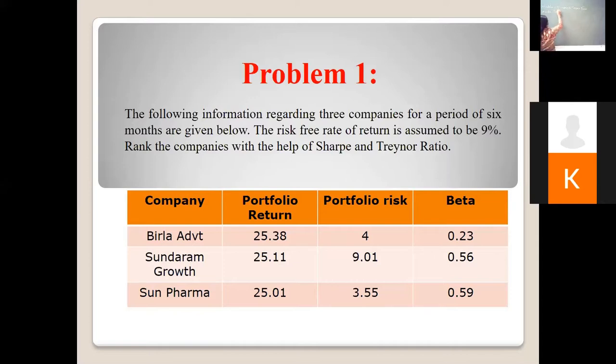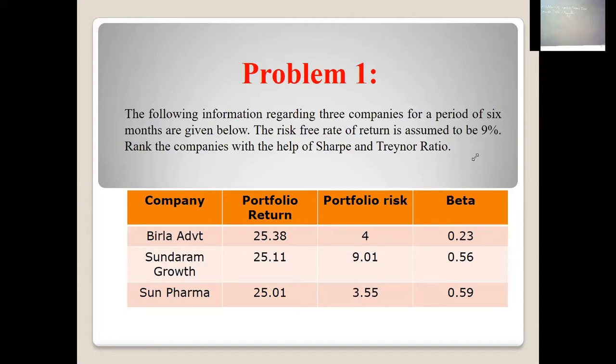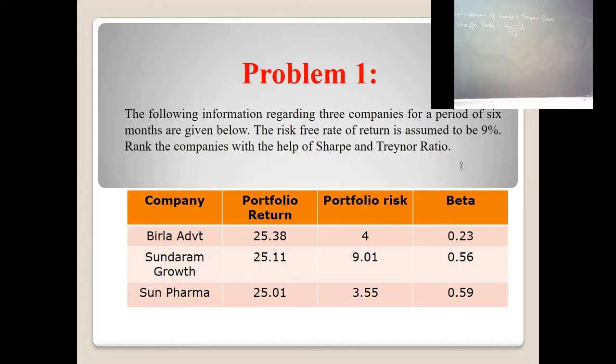First we will do the Sharpe ratio. What is the formula to find Sharpe ratio? It is RP minus RF divided by the standard deviation of the portfolio. If you look into the question, RP is directly given to us. Is the board clear to you, students? Yes. Okay, RP minus RF divided by standard deviation.